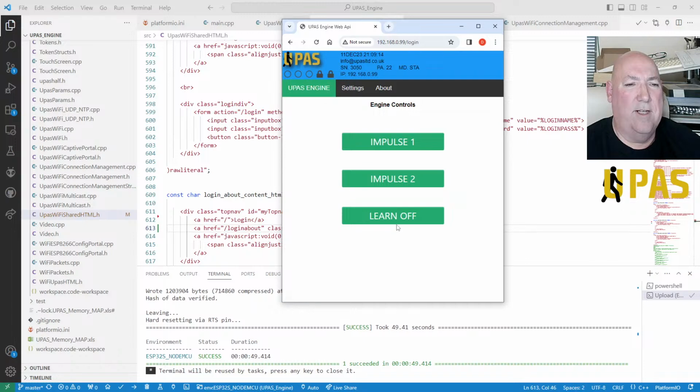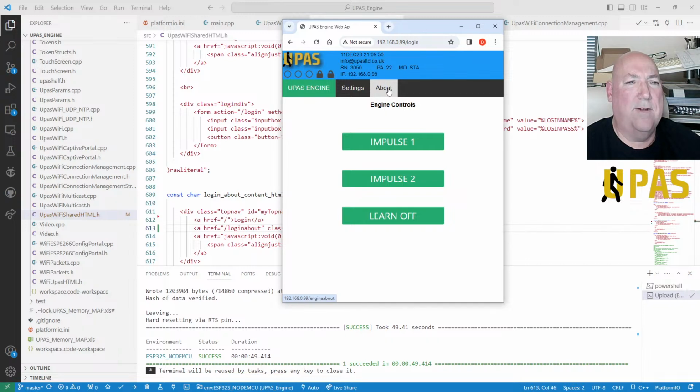Mind you, it is part of the settings though. No, we're not in settings. So the first one will be this one, the UPAS engine. Or it should be called buttons really, or controls. Don't know. Buttons, controls, what should we call it? Control the engine, don't know. Suppose it could be called controls. Then you can just switch stuff on. That's it, controls.